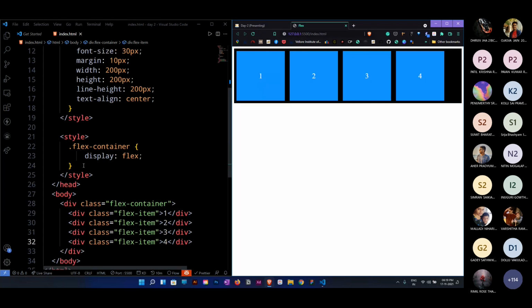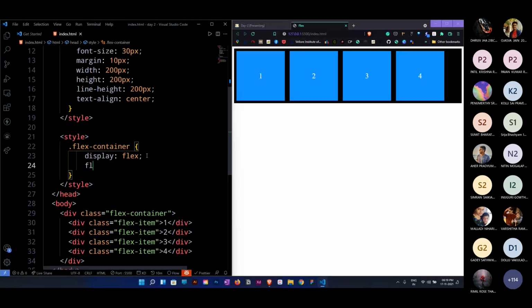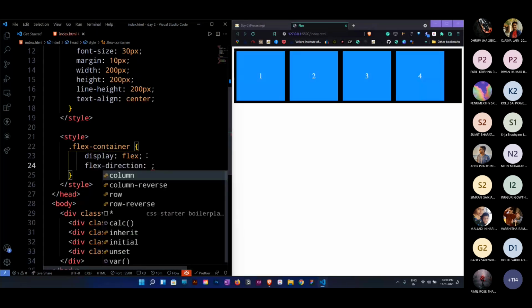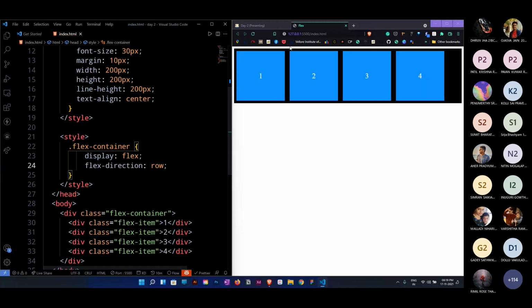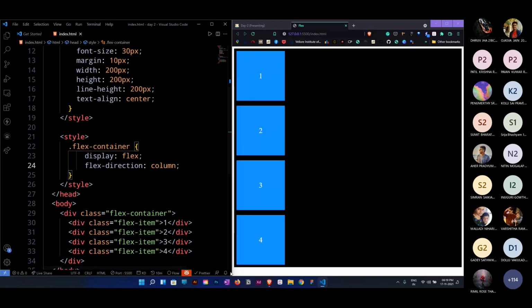Now by default, the flex direction will be row. Now let me go and set flex direction to column. Let me also show you row. It will not change anything because its default is row only. If I change it to column, it will come top to bottom, because I changed the flex direction from row to column. Row is horizontal and column is vertical, right?